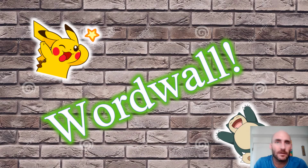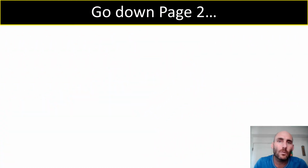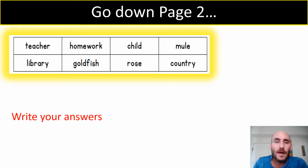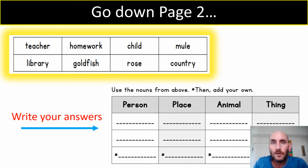Now, we played a second word wall with the vocabulary words, and after that, we went further down page 2. We took the vocabulary words we've just used, and we had to place them in the correct columns: person, place, animals, or things. The answers were: